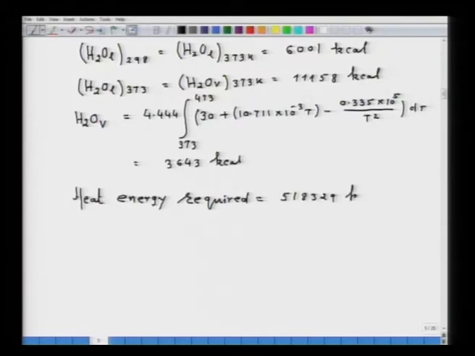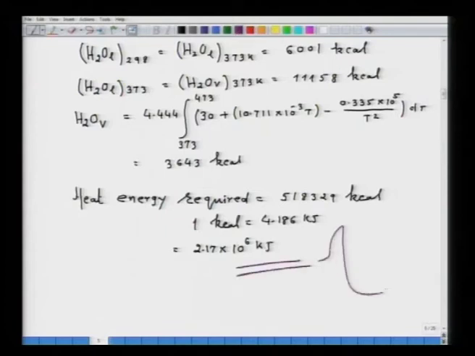518,329 kilocalorie. Now, I have used 1 kilocalorie, that is equal to 4.186 kilojoule, and that gives me 2.17 into 10 to the power 6 kilojoule, and that is the answer for problem number 1, and that is the way you will be proceeding to